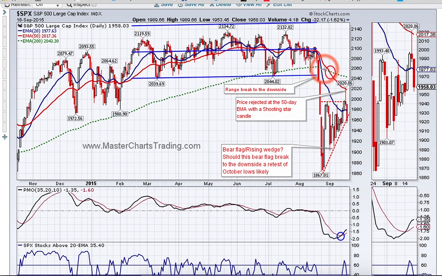I do mostly daily charts, so at this point of the game, I'm considering the S&P 500 to be most likely in a bear market, or at the very least some sort of a correction. The 50-day EMA is below the 200-day EMA, so my bias has changed from bullish to bearish. If we look at this feature of the chart itself, this looks like a major breakdown and then a rising wedge, or you can also think about it as a bear pennant or bear flag of some sort.